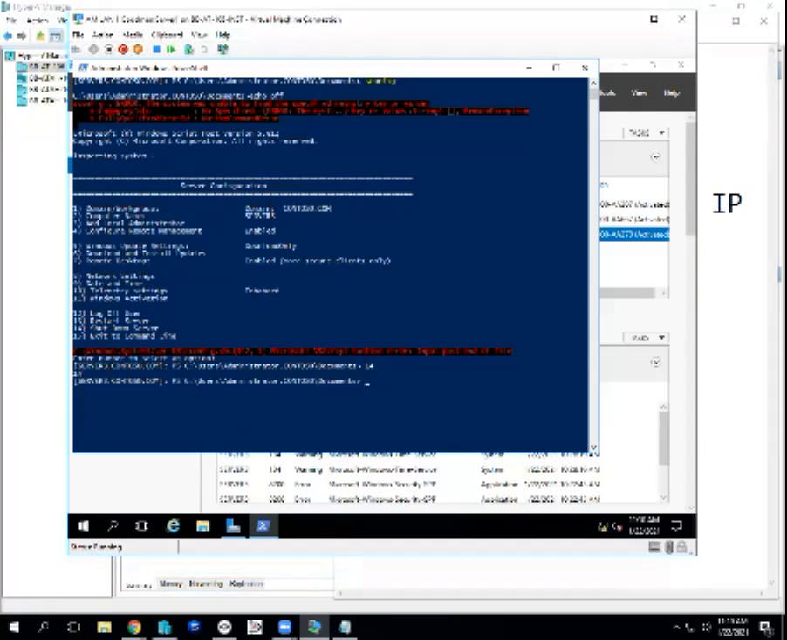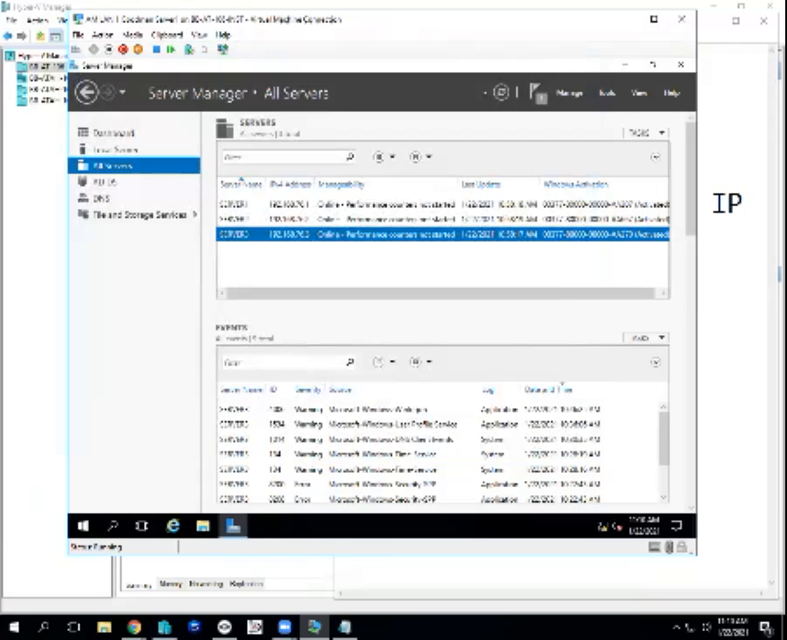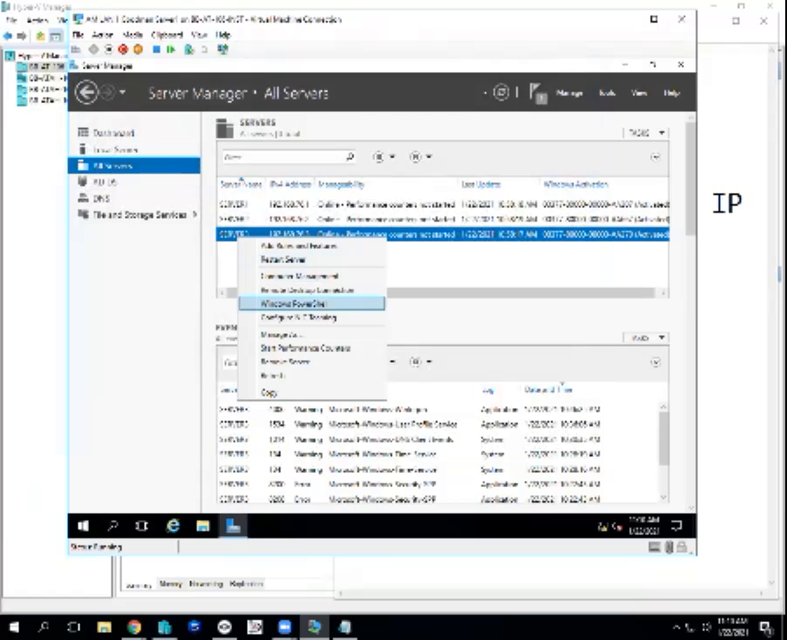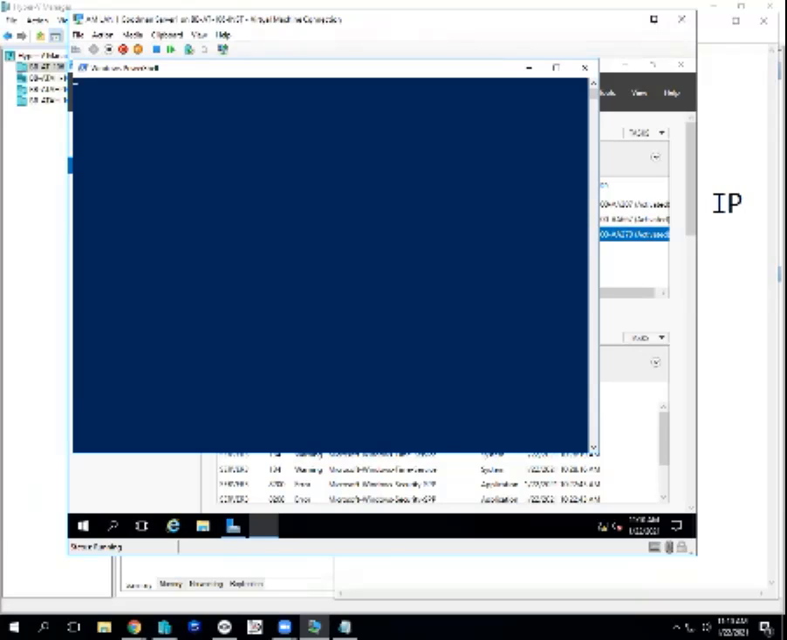Okay, so server 1. What I've done on server 1 is I've added it to my Server Manager under All Servers, and I've right-clicked on it, and I've opened up Windows PowerShell. So PowerShell comes up,